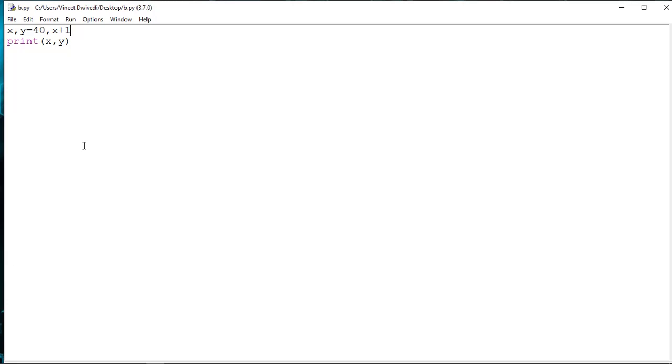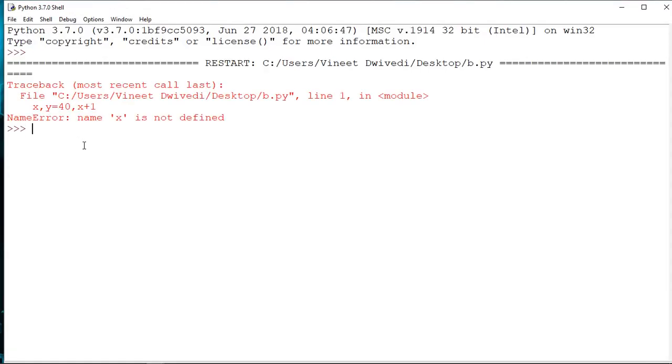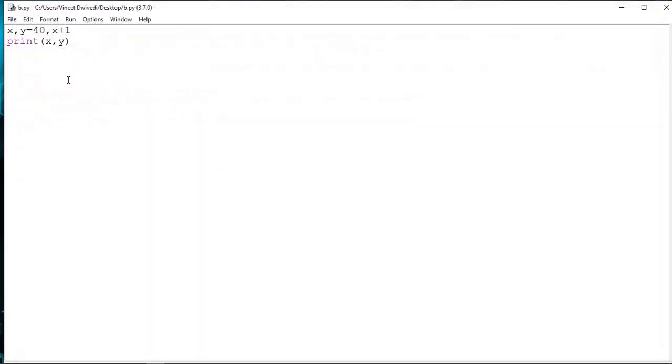Suppose you saved this code and we are going to press function F5, and when we run it, we are getting an error: name 'x' is not defined. And why is this error there? As we have already discussed, the line is to be interpreted first and then in the next line you can give the variable. But since you gave the variables at the same time, y was not determined properly and the interpreter was not able to provide you a particular result. So you have to be very careful with this and you can change it accordingly.